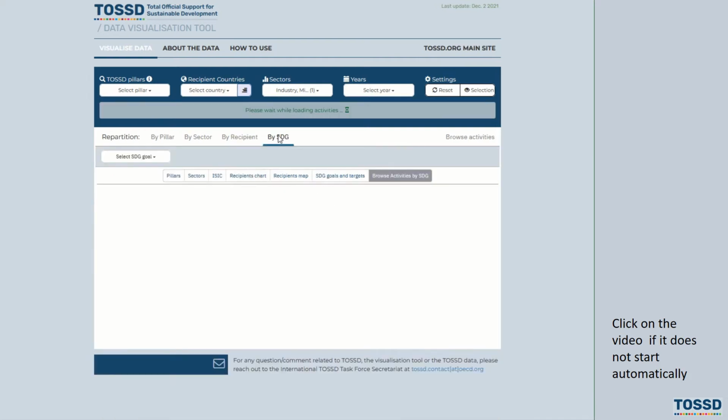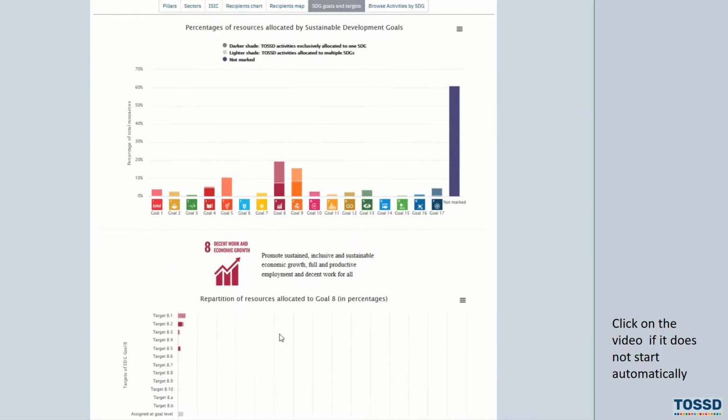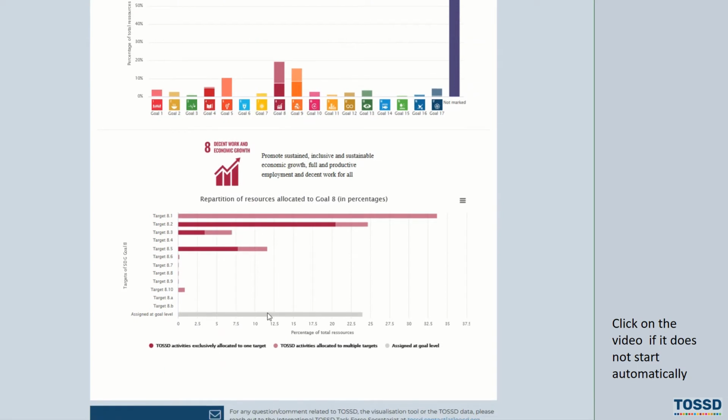Of course, we can have a look by SDG in this way. Here we can see what the SDGs are for industry and mining, and we see that mostly they are SDG goal 8 or goal 9. If we click on one of the SDGs, we also have the distribution by sub-target,